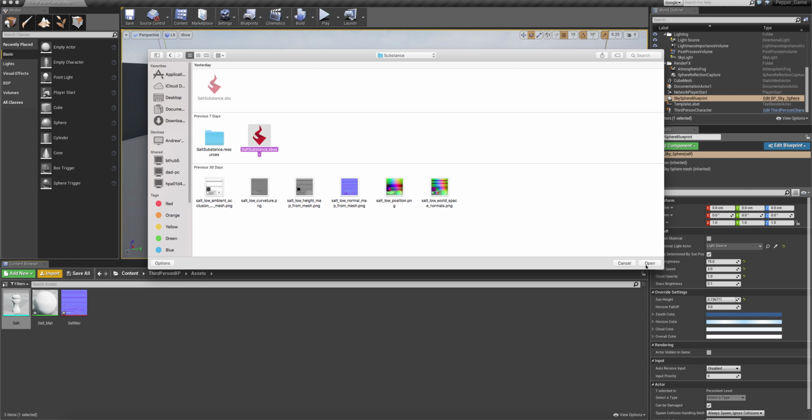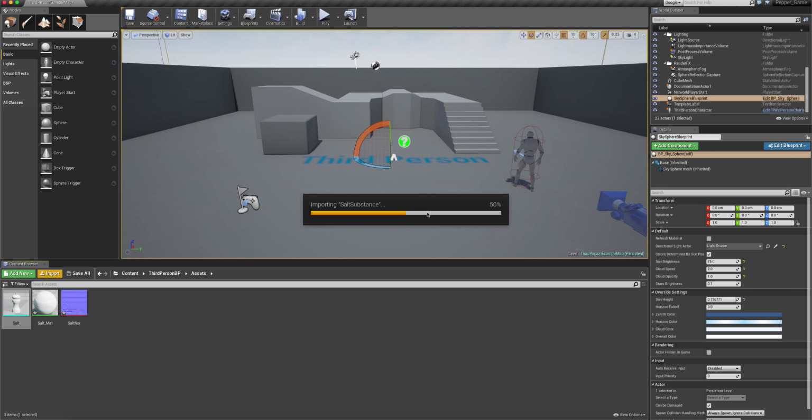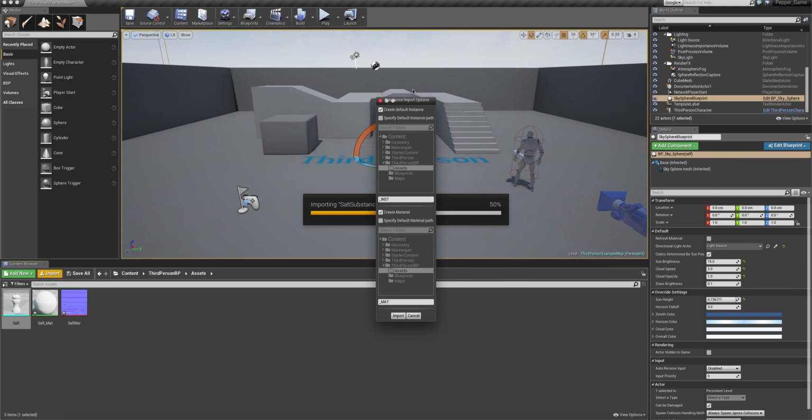Open it, and it'll bring up this file. Create a default instance, always click that on, and it'll bring in an instance of the actual material and the actual material itself to import,